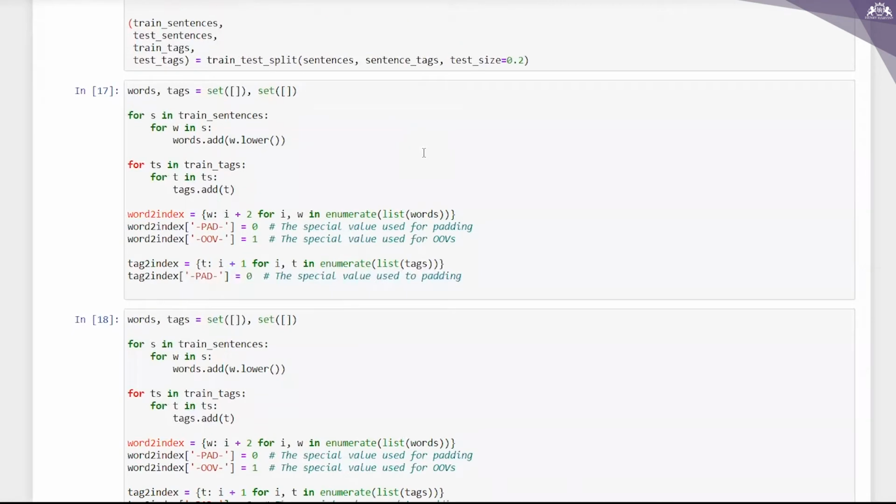Keras can only work with numbers, not with words or tags.